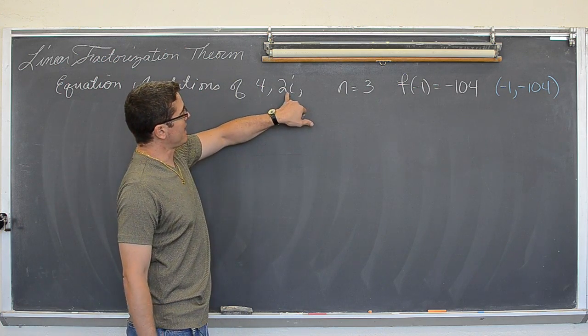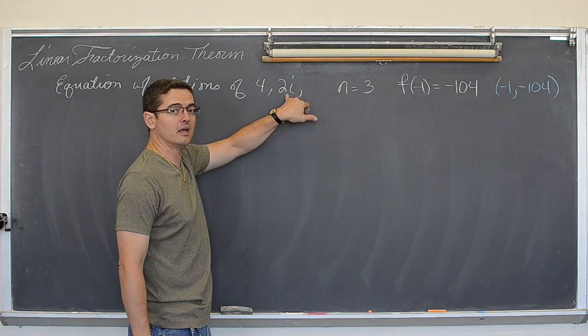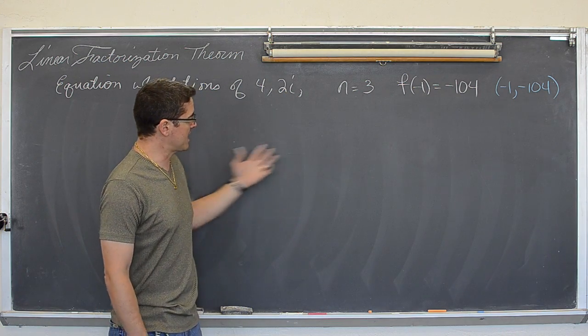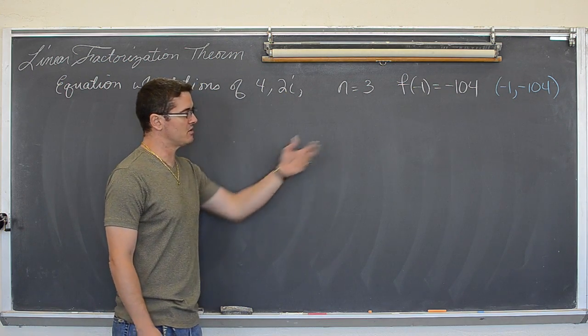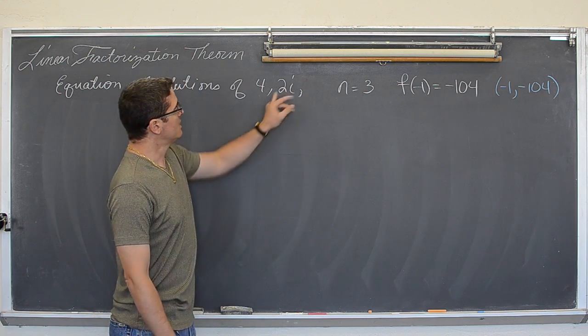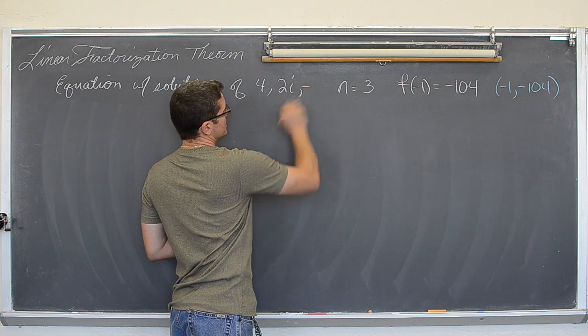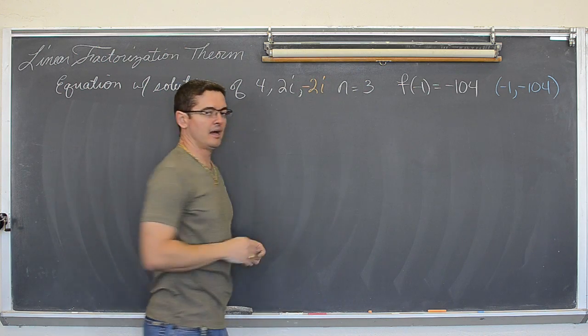Well, they gave us an imaginary or complex solution of 2i. But I just said, by showing you the quadratic formula, how they always show up as conjugate pairs. So if they give you one here, the other imaginary solution is negative 2i.